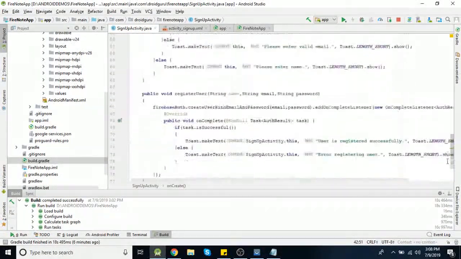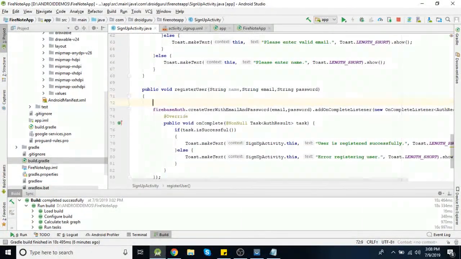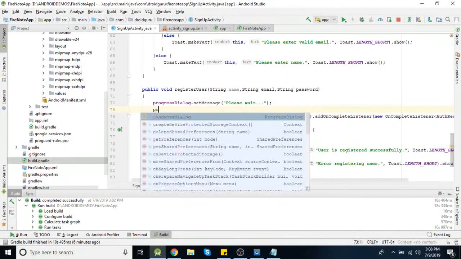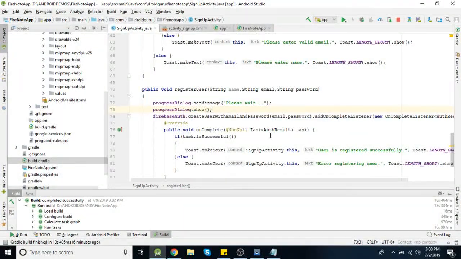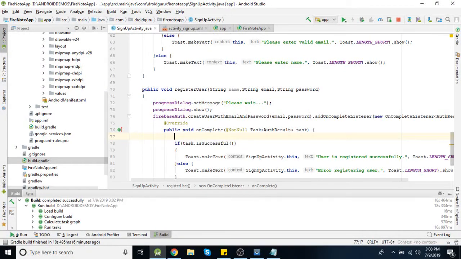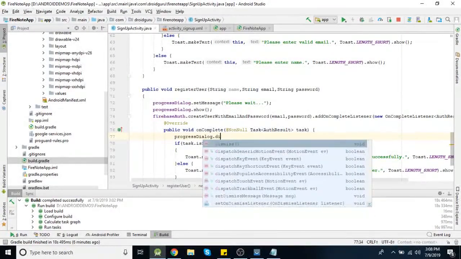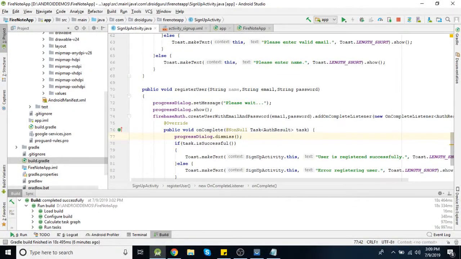Then here you need to set some message for the progress dialog. Let's say registering, or please wait, whatever message you can set here. And we need to show the dialog. It is progressDialog dot show. And when the task is successful or failed, we need to dismiss it here. So progressDialog dot dismiss. Okay. Now let's check this.